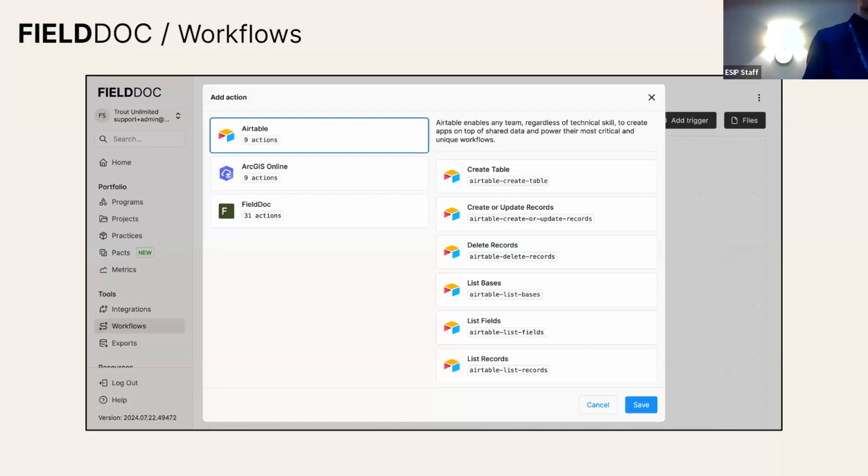And so this all comes together in this concept called workflows. And workflows in FieldDoc are sort of the modular building blocks of different actions that you can take in our system and others. So whenever we have an integration, that might mean that we're running a model or something like that behind the scenes for users. Or it could mean that we're giving them direct control over things that happen.